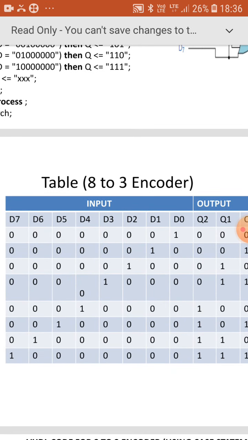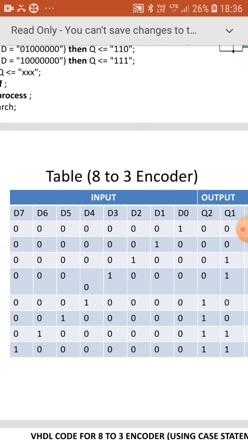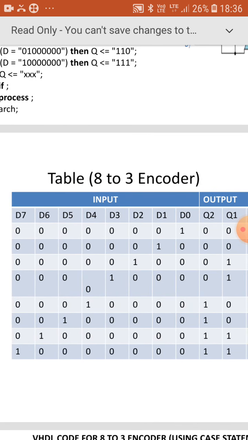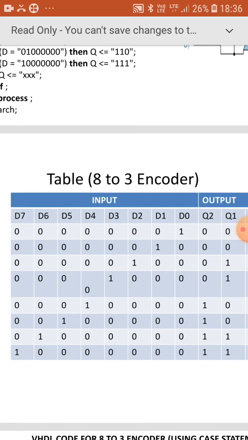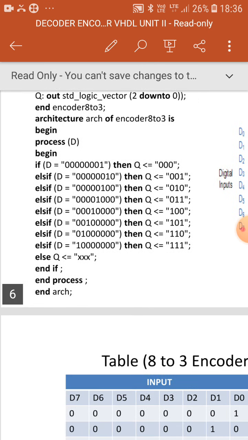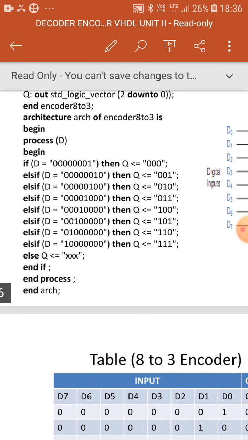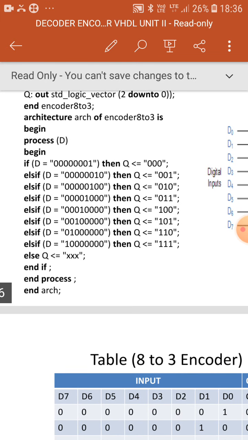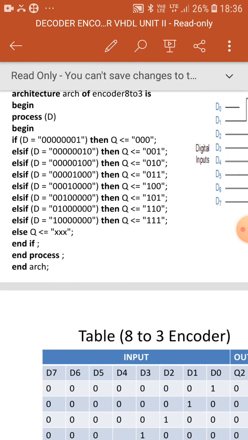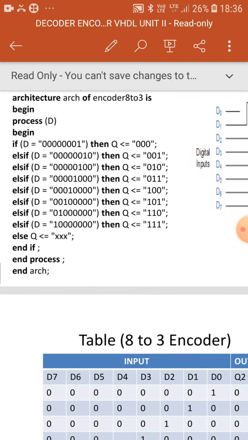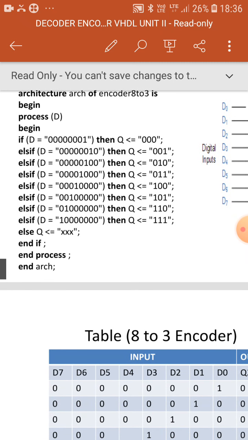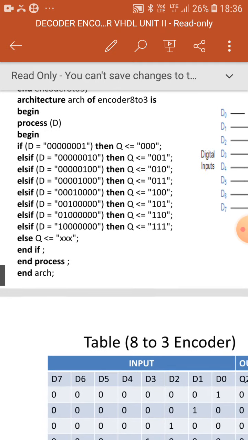You see the table here. First line, D7 to D0: 0 0 0 0 0 0 0 1. If D is 0 0 0 0 0 0 0 1, that means D0 is equal to 1. D of 0 is equal to 1. 0 is encoded as 0 0 0. The binary value for 0 is 0 0 0.